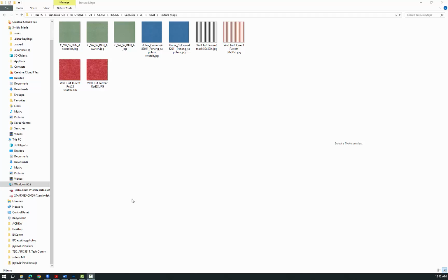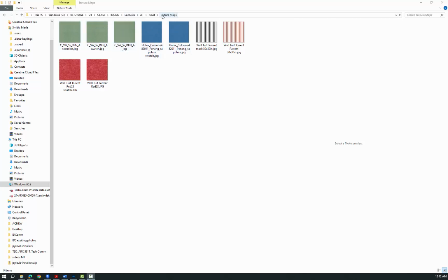Once you've got your materials and your texture maps ready to go, there are other things we could do, like download bump maps and stuff like that, but I'm not going to get into those weeds right now. We can go over that later when we get to other, more complex projects. But what I wanted to show you right now is what you should eventually do: copy your materials